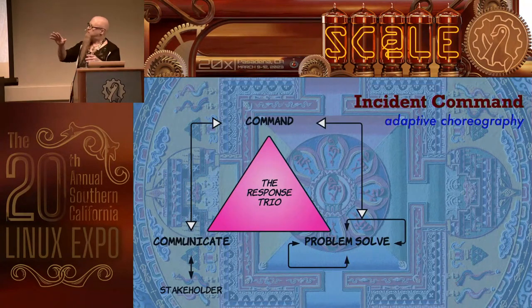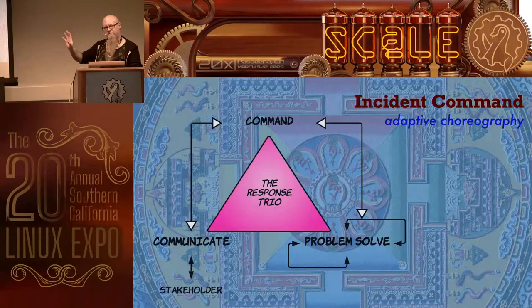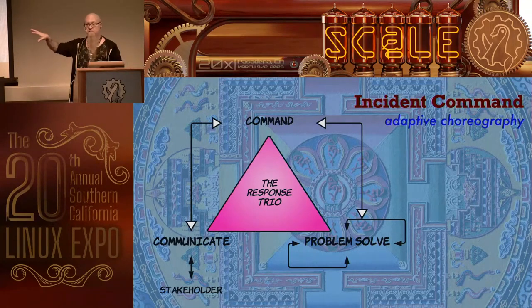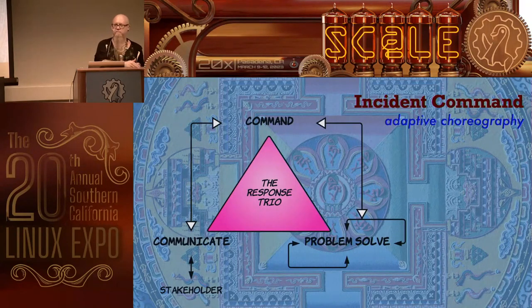The incident commander keeps track of them, does not micromanage them, does not tell them what to do, does not make decisions for them. Now, the incident commander may help them make decisions because the incident commander can see a wider view than the problem solvers can. They're looking at the sharp end, the incident commander is looking more broadly. And then the communication lead, they're over there on the side, and they've got strong connections to stakeholders, C-level people, the customer, things like that, maybe sales, maybe CS. Sometimes customer service